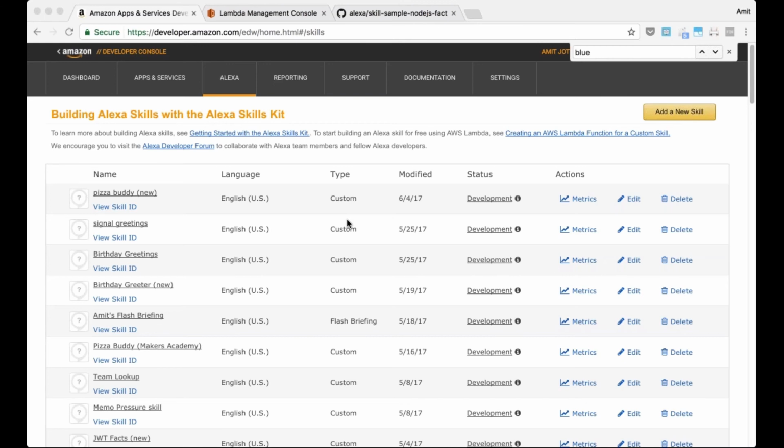So the first step is creating the voice user interface, and we'll do that on developer.amazon.com. The second piece is building the Lambda function, and then we will connect the Lambda function to the voice user interface, and then we will test it, make some changes, and customize it. Once you feel comfortable with your skill, you can publish it.